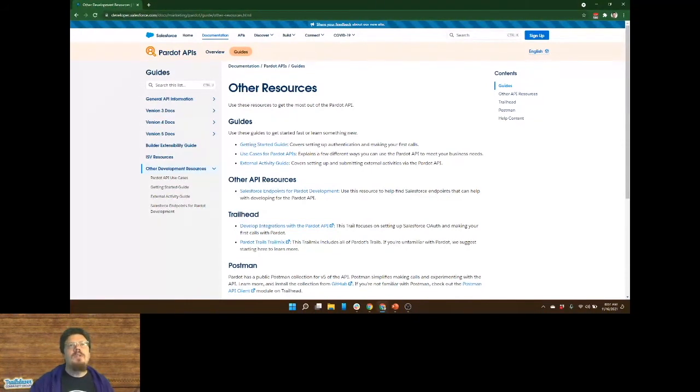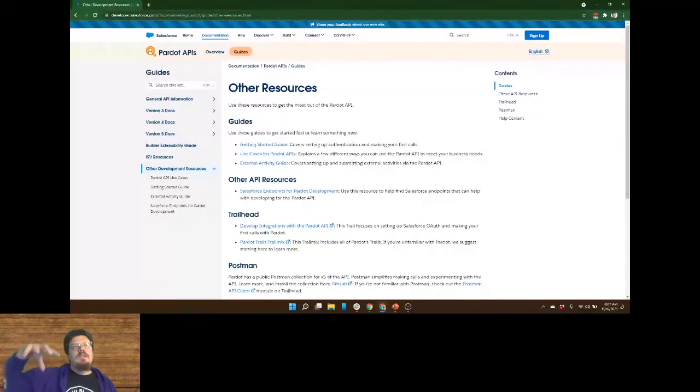So I see there are some questions that came in. Can we use the API to integrate Slack and Pardot? The Pardot API is not something that lives within Pardot and can reach out. We actually have to sit outside of Pardot and reach into Pardot, do what we want to do, pull data out, push data in.